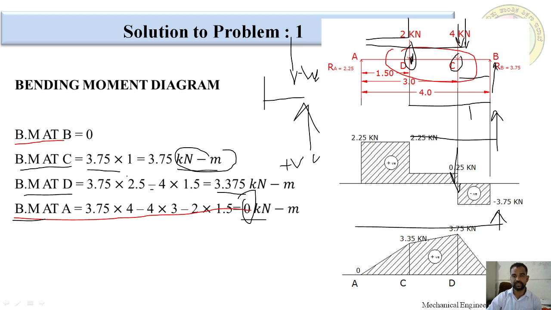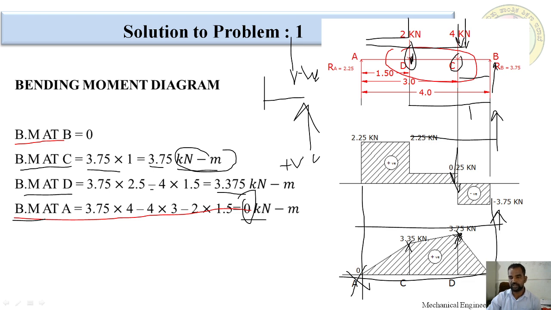Okay, after this we have to draw the bending moment diagram. I am going to give one baseline over here. This is the continuation part and this is also continuation part. At the supports, this is also support 0, this is also support 0, right? At D point, at C point we got 3.75. We got 3.75, mark it 3.75. Okay, at D we got 0.375. It is less than the 3.75. For that reason we have to draw just below the 3.75 line.